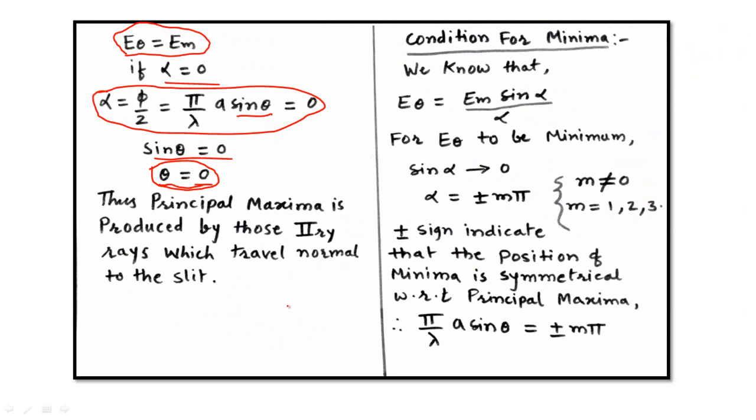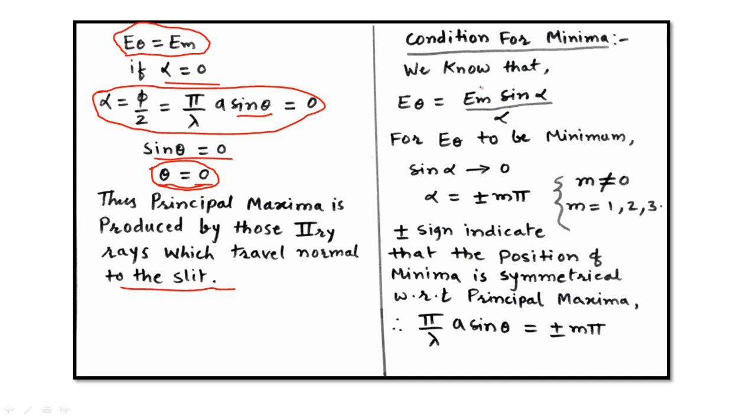Then the principal maxima is produced by those secondary rays which travel normal to the slit. Okay. Now the condition for minima. We know that this E theta is equal to Em into sine alpha upon alpha. So for this E theta to be minimum, this Em cannot be 0, because